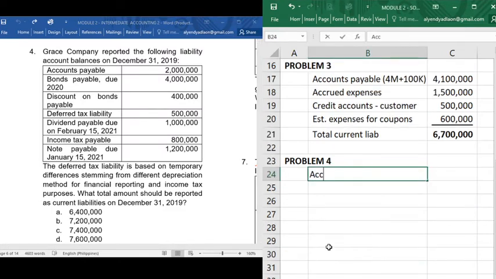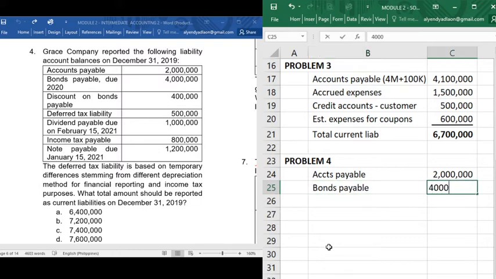First, of course, we have the accounts payable amounting to 2 million pesos. Next, bonds payable due 2020. Now, as I've said, bonds payable are usually long-term, but since it is already due in the year 2020, and this year it is December 31, 2019, that is already less than 1 year. Okay? 1 year or less. So therefore, our bonds payable here is now a current liability because it is already due to be settled within